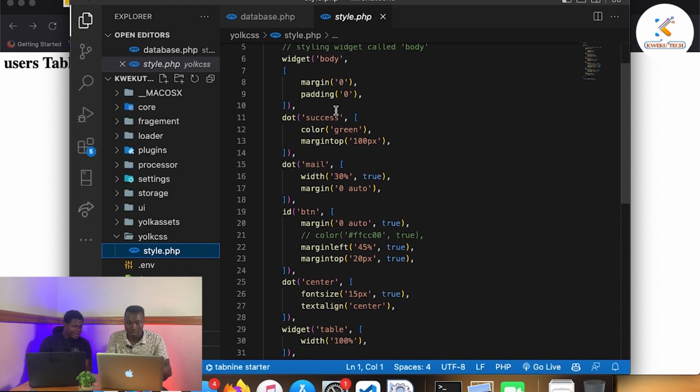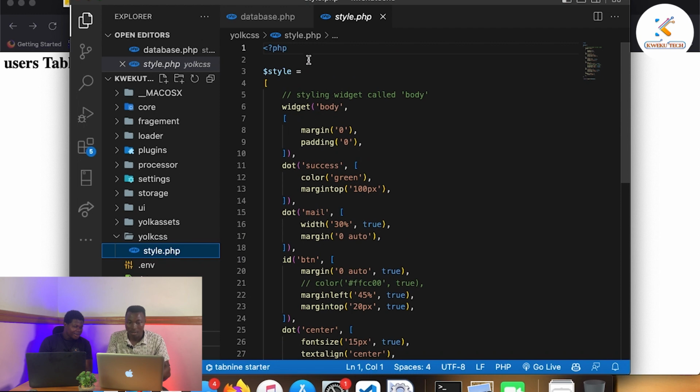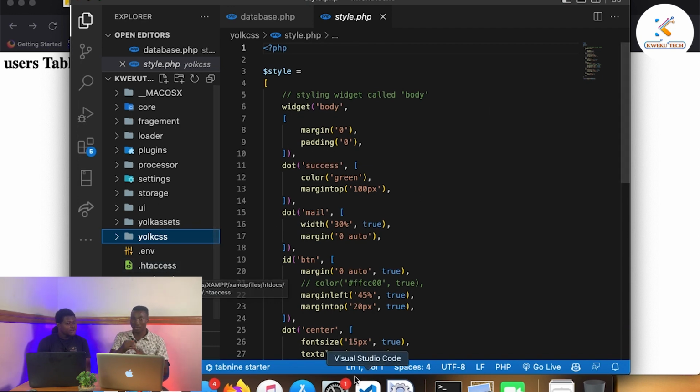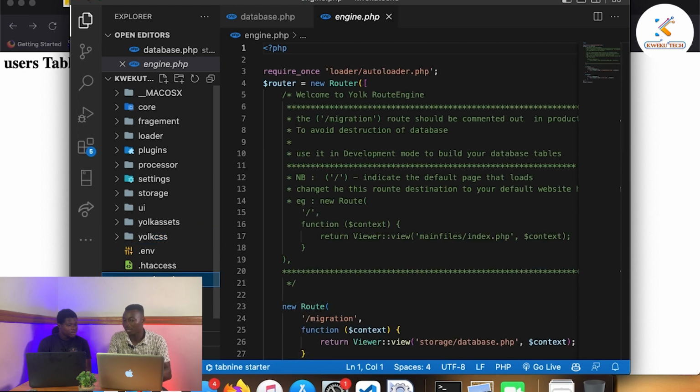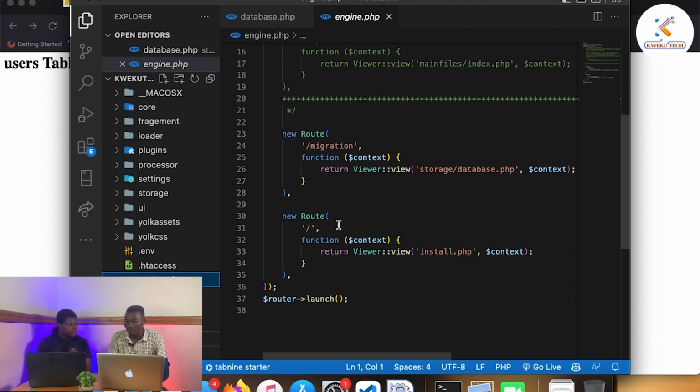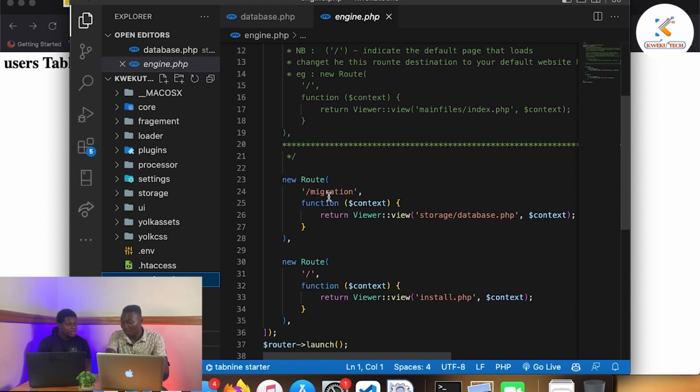So we've talked about the Yolk CSS, and we have talked about the env. One more thing is the engine, where all the routing is done. There's a default routing you don't need to change, but you can change it. You can change the name here to anything you want. That's the migration, where you manage your database. You can change the name for security reasons; you can hide the